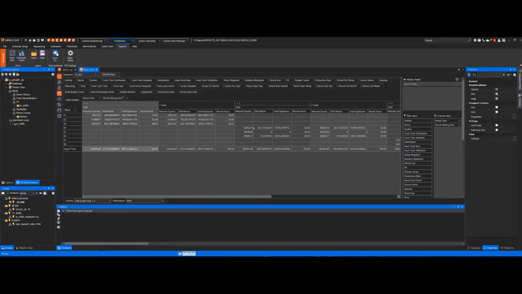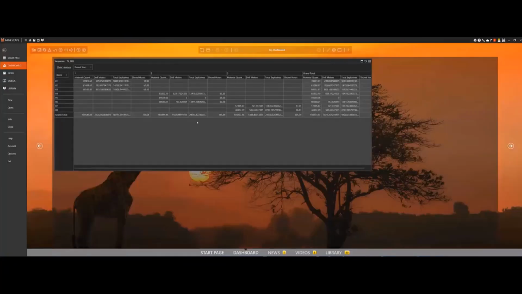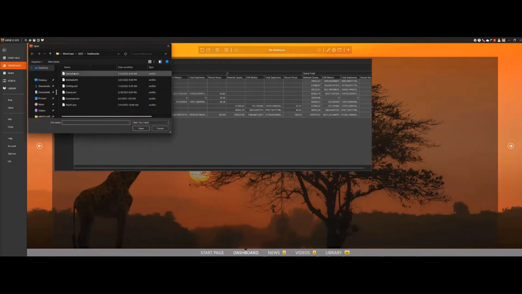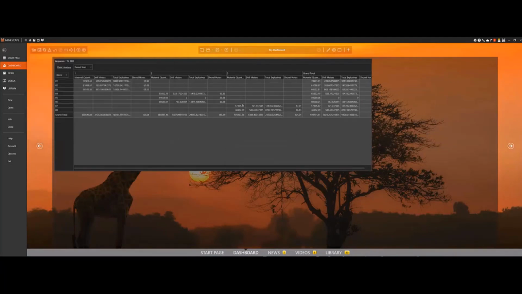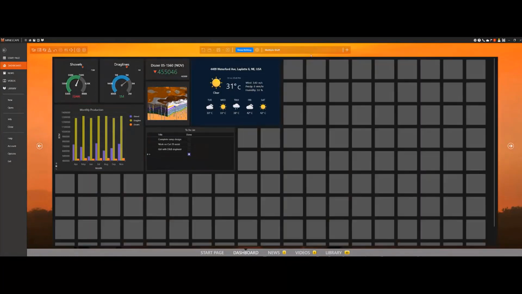What's nice about this is you can also report it onto your dashboard. On a new dashboard, I didn't have one created, but I could actually open one up. So we'll go ahead and open one up, show you what a dashboard does. This is the dashboard that was built off an Excel folder. It's dead simple if I want to go ahead and edit this.